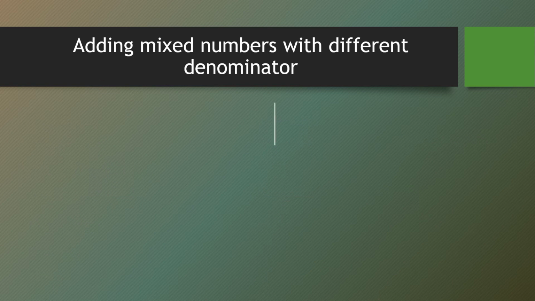Let us do one more question with different denominator, but here I'm going to tell you by method 2 so that your method 2 will also be strong. So now 5 and 3 by 4 plus 3 and 5 by 6. These are mixed numbers. According to method 2, we will convert these into improper fractions first. So how do we convert this into improper? 5 4s are 20 plus 3, 23 by 4, plus 6 3s are 18 plus 5, 23 by 6.